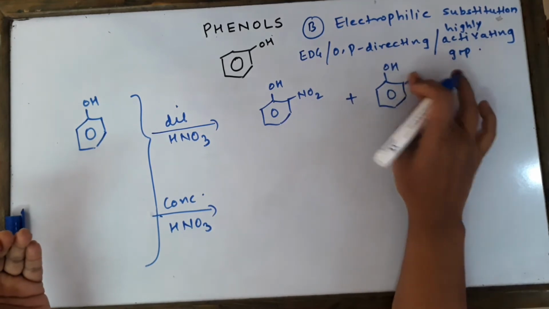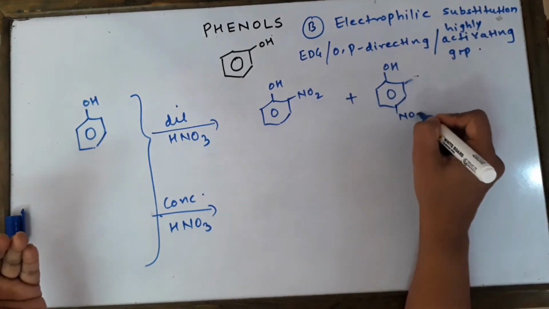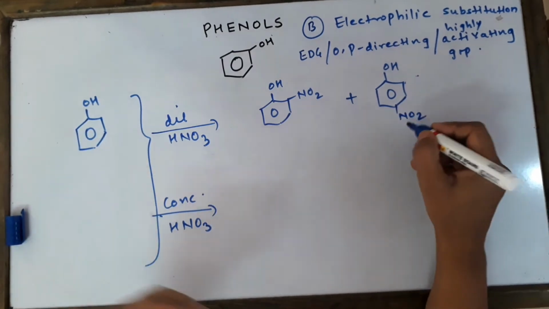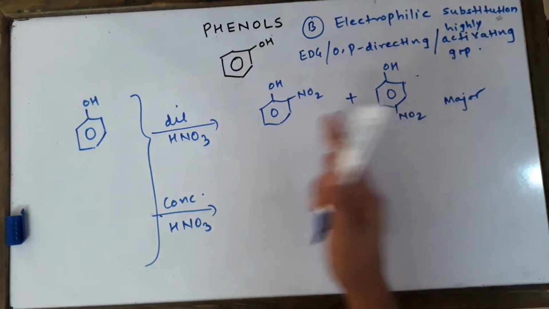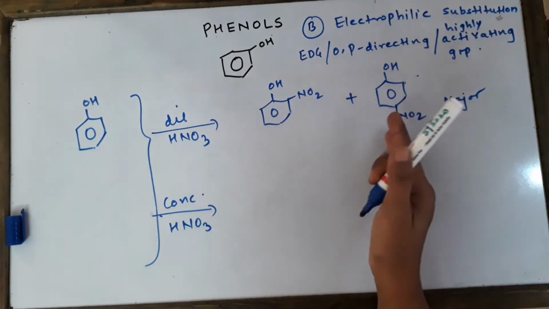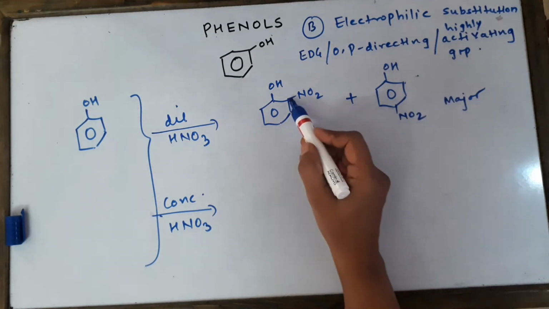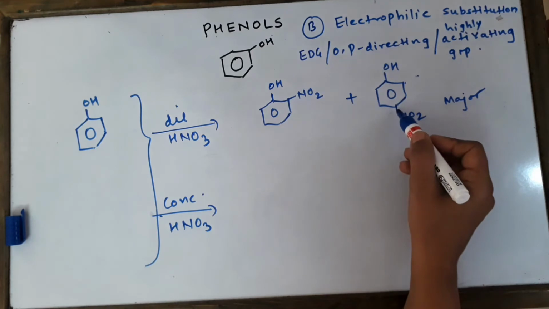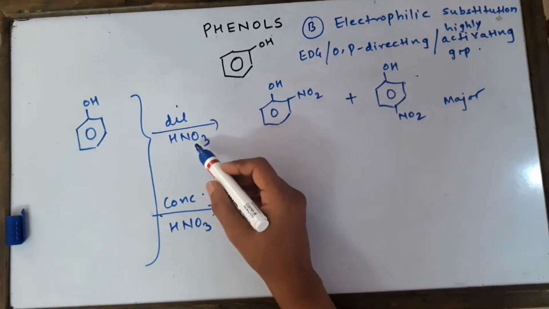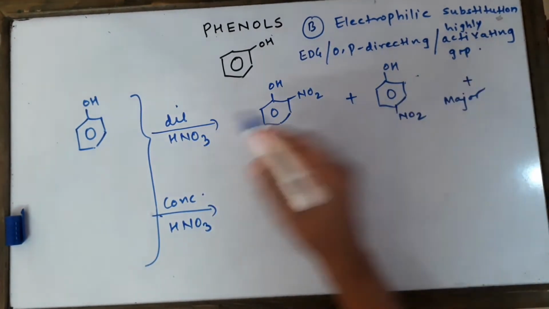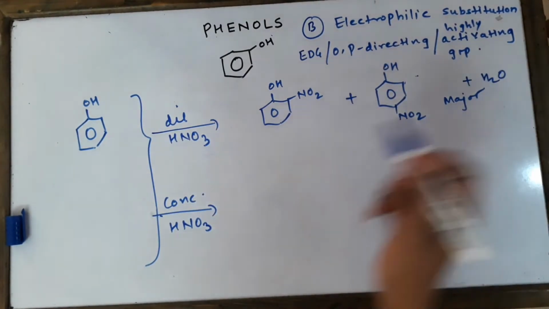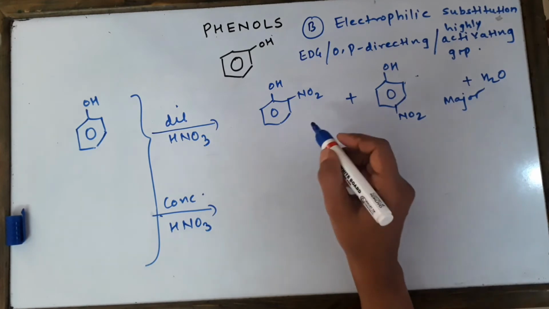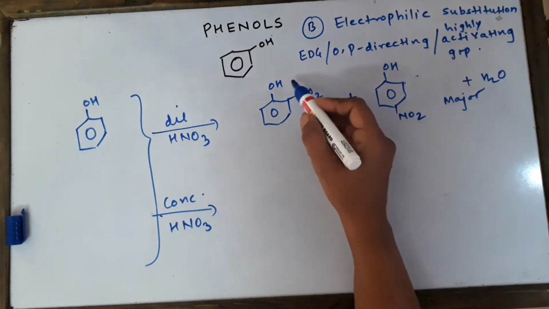Now here this question has been asked in the board exam again and again. So this is para-nitrophenol, the major product. The question is that how will you separate the 2 isomers from each other? So these 2 are isomers, position isomers, because the position of this is 2nd and here it is 4. Also, let me tell you the byproduct coming out here is H plus coming out from here, and OH minus from here is coming out as water. Now see, how to separate the 2? It's a very simple answer.